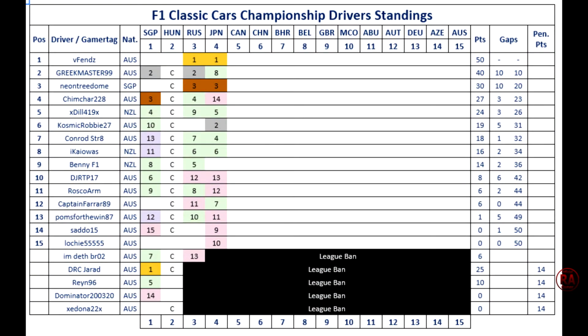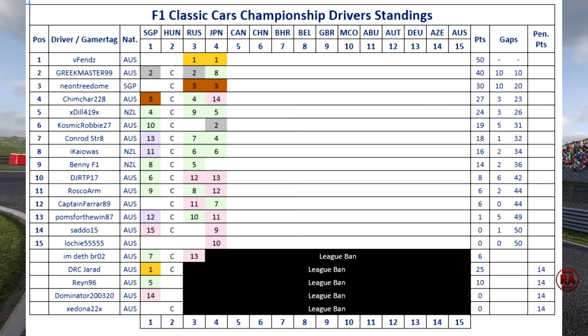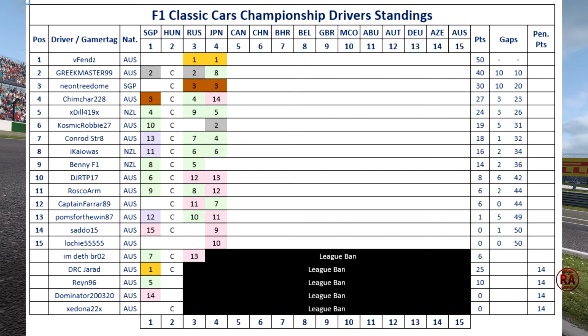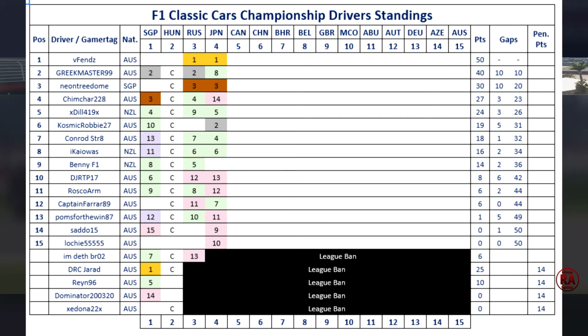But there's the championship standings. Actually, Fens actually takes the lead of the championship, I think by 10 points over Greek Master. Neon in 3rd, Chimchar in 4th. Where am I on this list? I can't even see my name. I think I'm P11. Not got the greatest amount of points, not gonna lie anyway, but yeah, I hope you